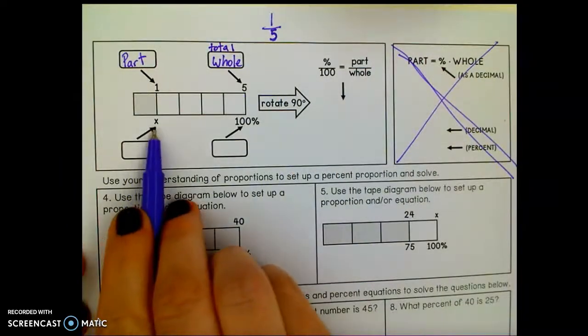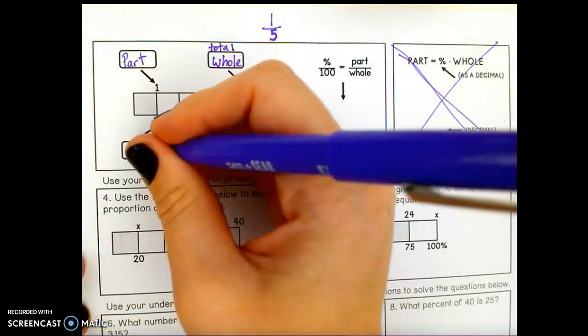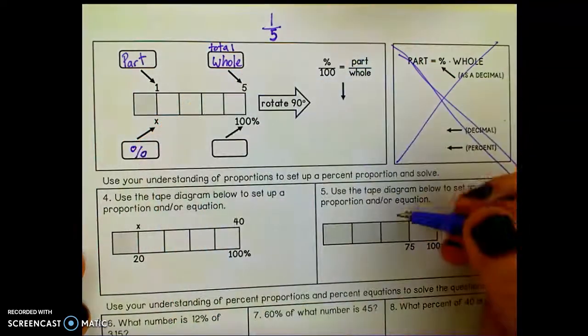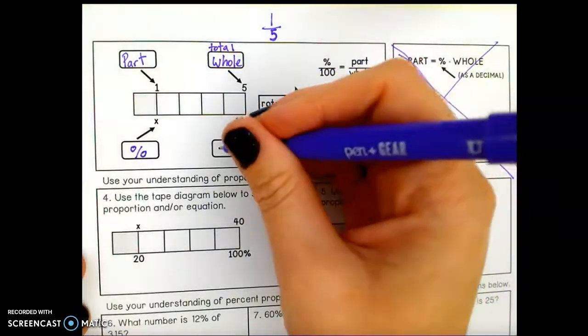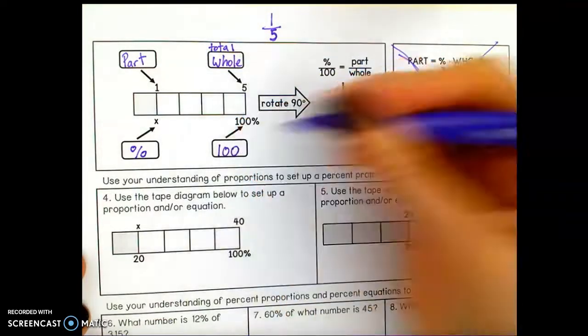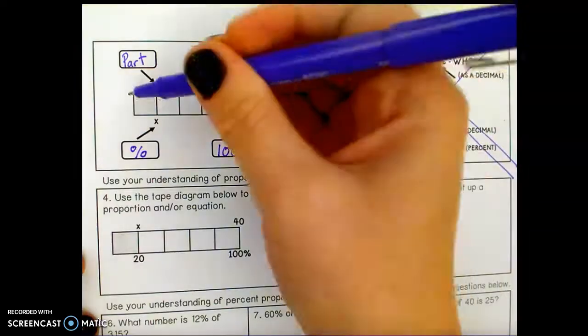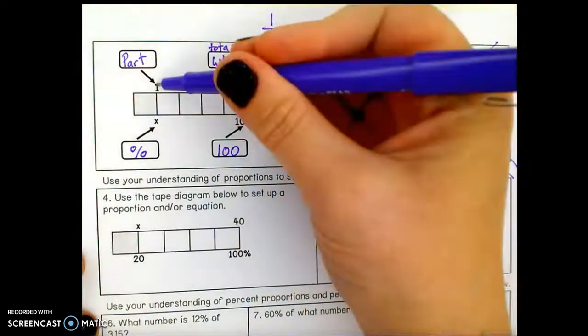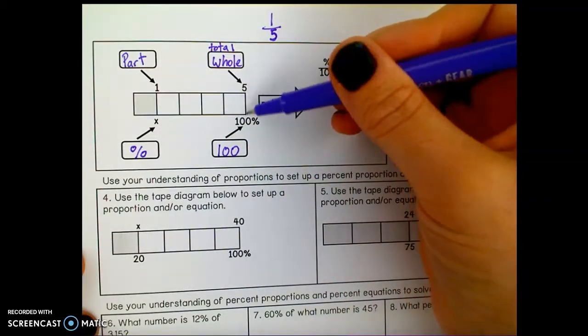Okay, the x, the unknown, is the percent. We don't know what percent this is. And of course, 100% is always going to be written as 100. That will always, always be 100. Okay, now if you notice, with our double number line showing 1 as some percent, 5 is the total, 100%